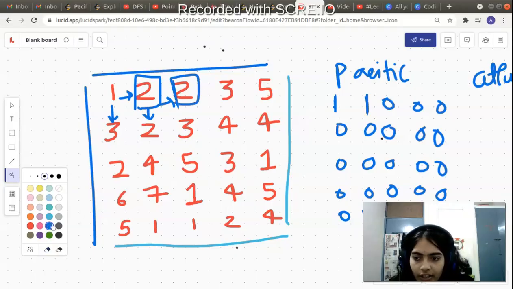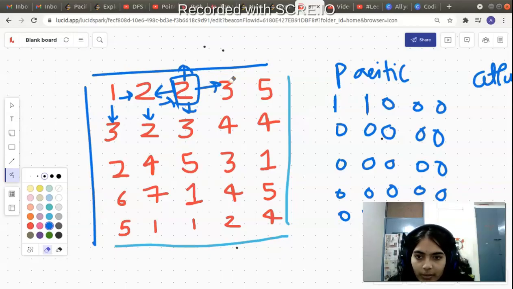Now we have written the function call of its right neighbor. Since this is a stack, and we are calling the right neighbor before calling the down neighbor, we will enter the function call of the right neighbor. In a stack, whatever element comes first goes out last. So later we will make the function call to the down neighbor. Now we have entered the function call of its right neighbor. We are inside the function call of this entry. Now it will again make a function call to all of its 4 adjacent neighbors.